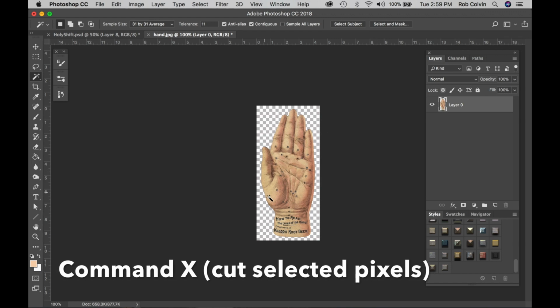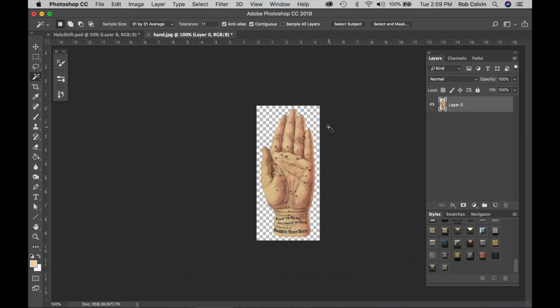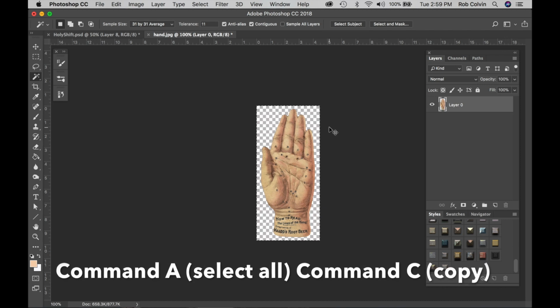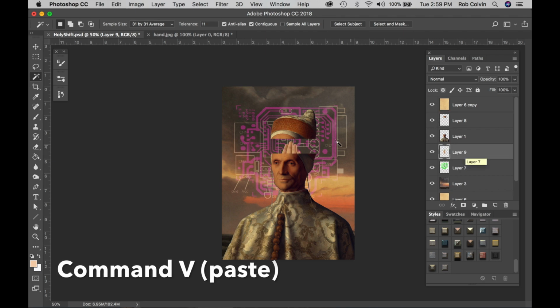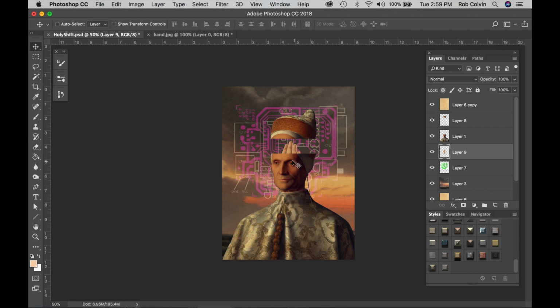So I'm going to do Command X to get rid of the white. I'll do Command A to select it all, and Command C to copy, and Command V to paste. First I want to select where I want to paste it. Now I want to move it. I like it there. I'm going to turn off the top of the head